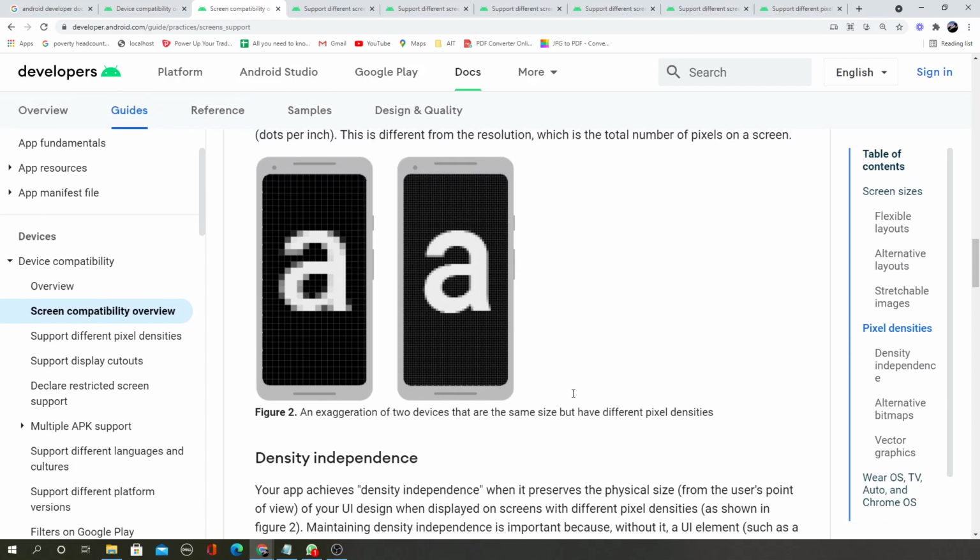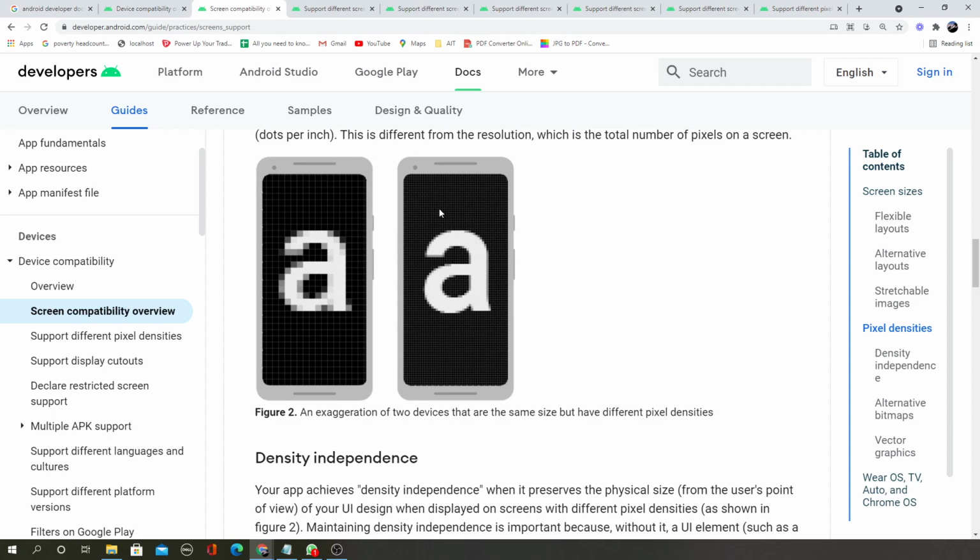When you have large pixels, let's say you take 10 pixels on a high density device, which has more pixels in a given area. If you measure it, like if you look at my mouse, if this is 10 pixels, this width, here 10 pixels is very small. But here a 10 pixel means it will occupy a larger area because it's low density, meaning it has fewer pixels in a given area.